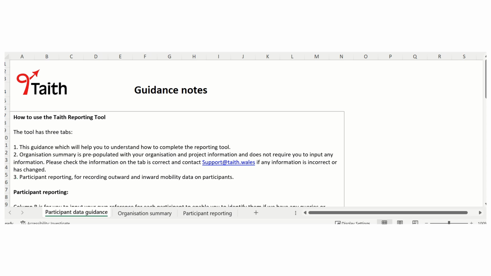For example, all activity in January should be updated on the tool and sent back to the TIFE team by the 1st of February. If the first day of the next month falls on a weekend or bank holiday, you'll need to complete the report by the next working day. So this is in line with our own reporting deadlines for Welsh Government and gives us time to collate all of the information.